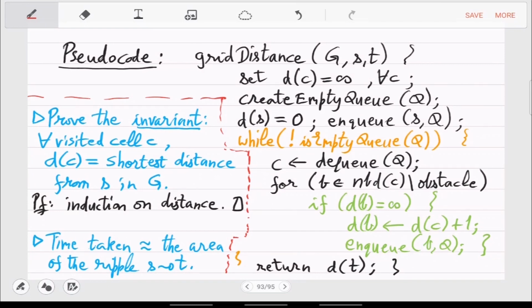Shouldn't we use two queues instead of one queue? Because when you enqueue an element in the queue, your while loop will never end. It will never be empty. But you are dequeuing. Yes, sir, but simultaneously you are also adding some elements.